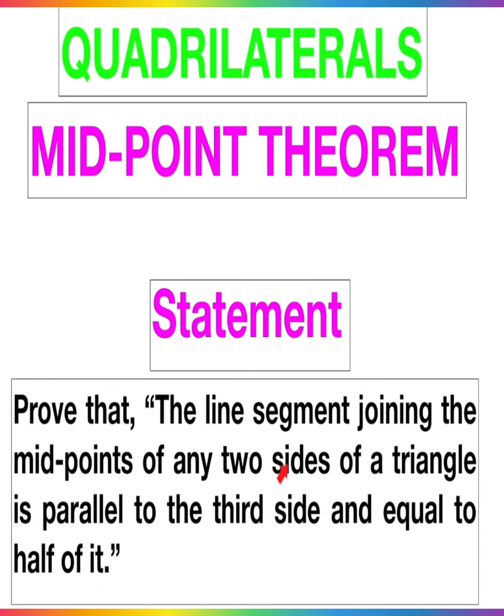So dear, according to the statement, here is given that a triangle is given, and the midpoints of two sides are also given. Means this triangle has three sides, so on two sides there are two midpoints. Then our requirement is to prove that